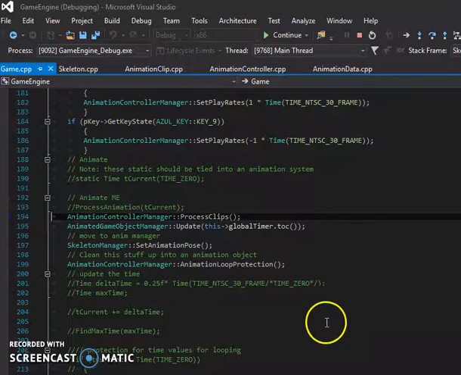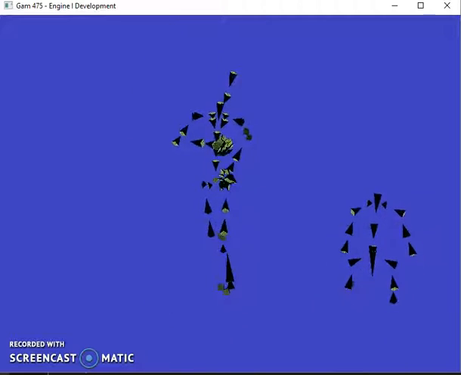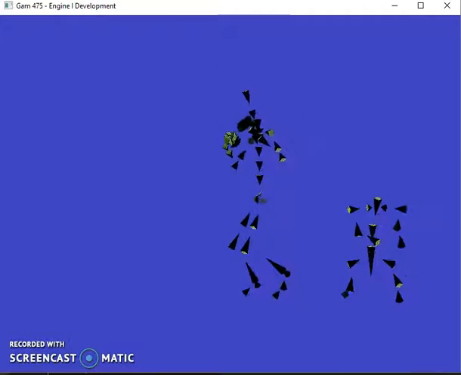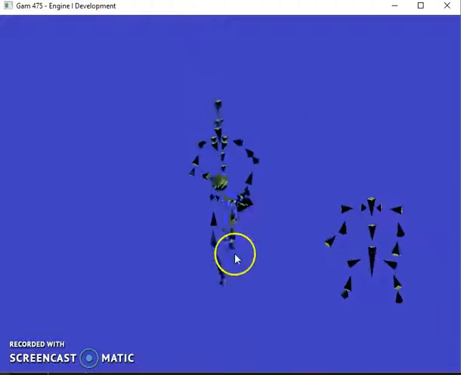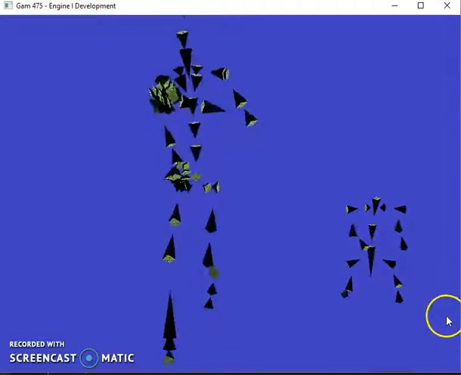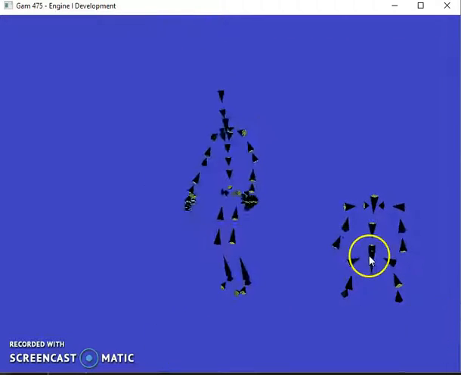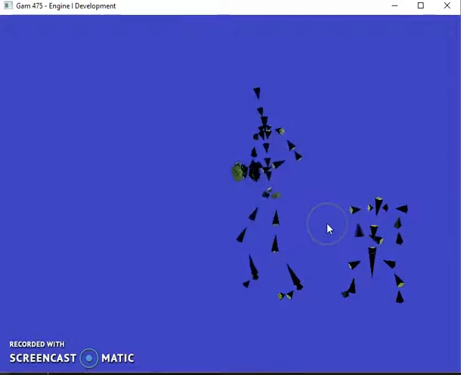So let me actually show you what's going on. I have both skeletons operating, with different animations going for each of them. There's teddy bear idle, and it's human punch or run. It's cool because I could do this. I hope you can see this. I know the videos are bad, but you might be able to tell that the